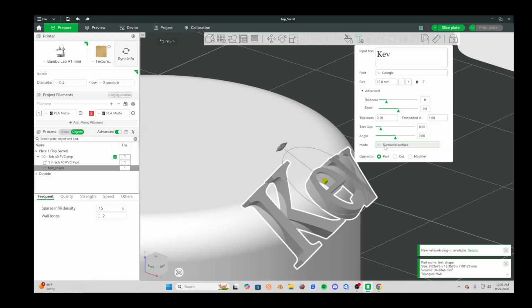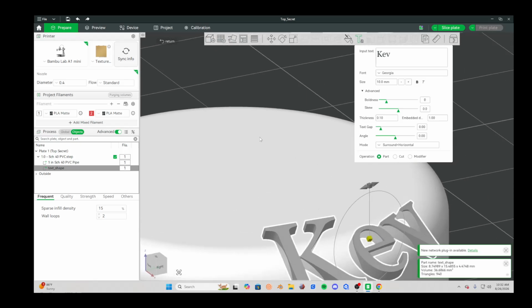Let's say, for example, you're making a custom Christmas ornament, like a Christmas ball ornament, and you want it to have really bold lettering hanging off of it. This could be something that you would do with a sphere and solid lettering. Surround and horizontal. It will actually